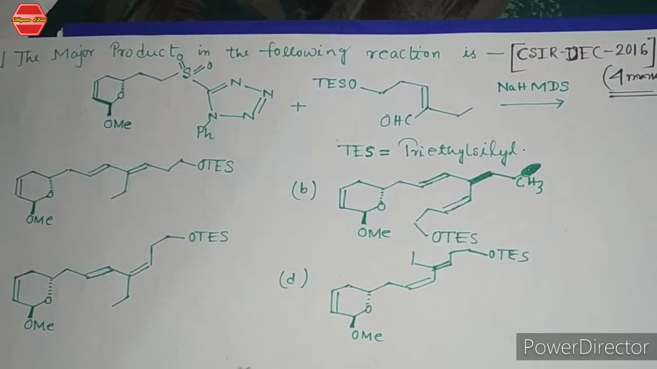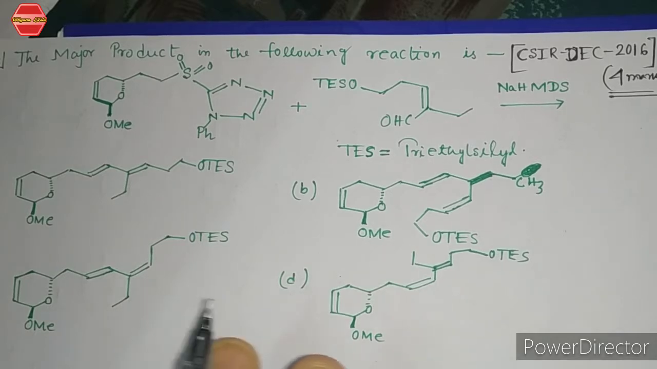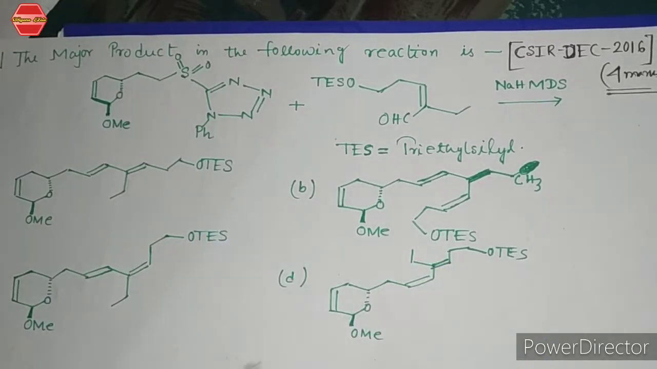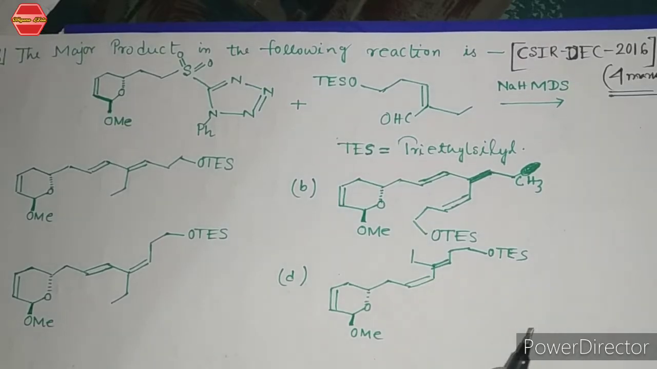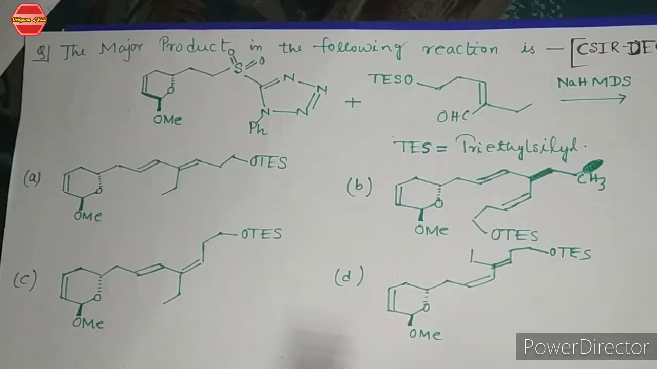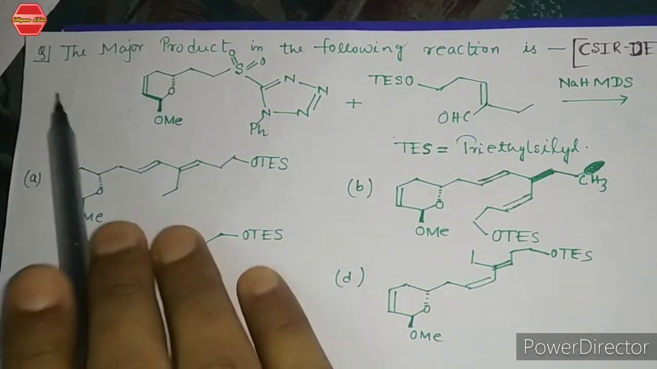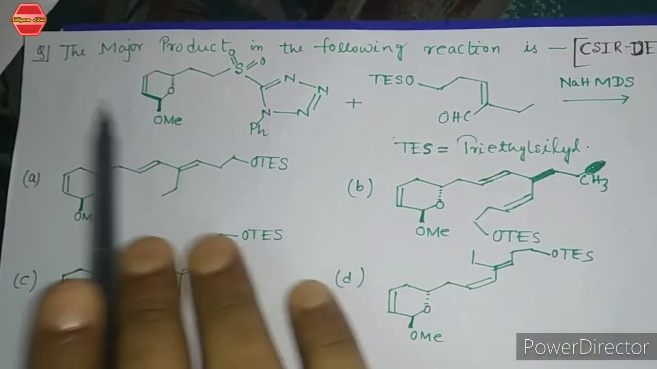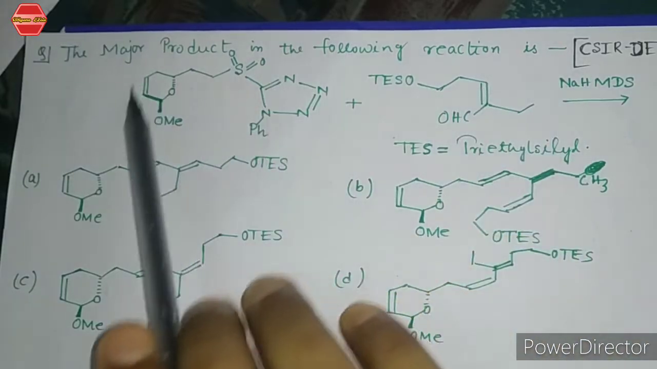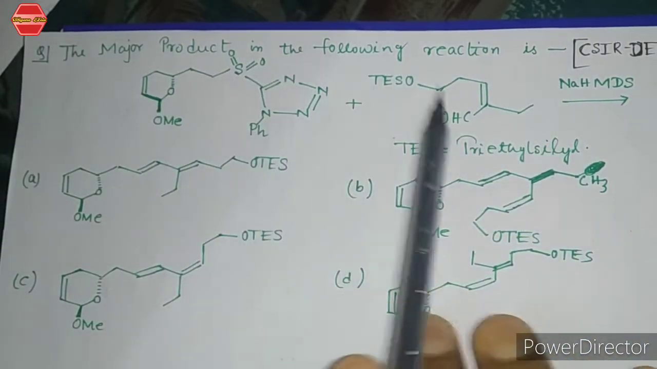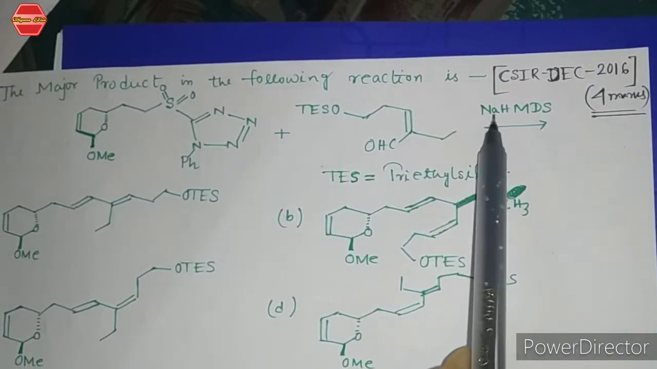Before starting to solve this question, we have to know how the Julia olefination works, how the reaction proceeds, and what the mechanism of this overall reaction is. Before that, let's state the question. The question is: the major product in the following reaction is. You are given a substrate like this, and a reagent,